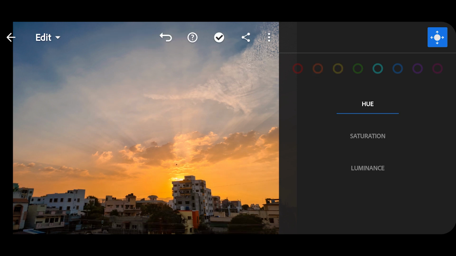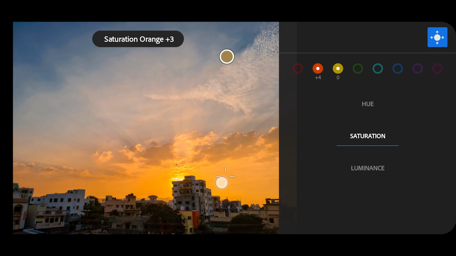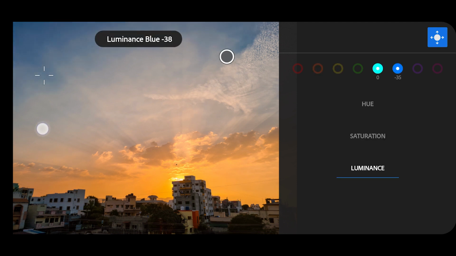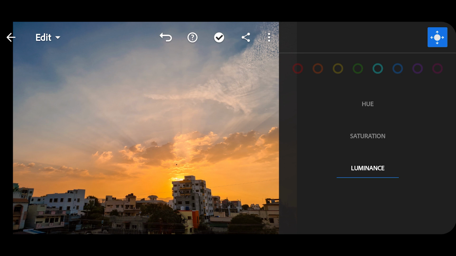Yeah, so that much is looking good. On the saturation front, I'll also again affect the saturation. See how it is affecting the saturation of both orange and yellow color. And the same goes with the blue color. Now this is a very handy tool because sometimes you may not know which sliders to control to affect which part of the image. So you can use this tool to better handle your images.